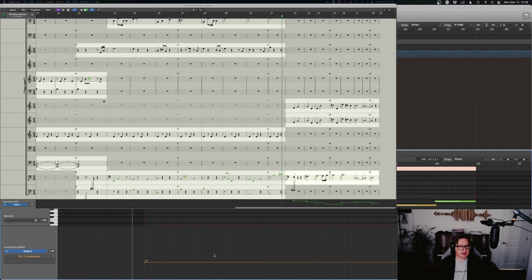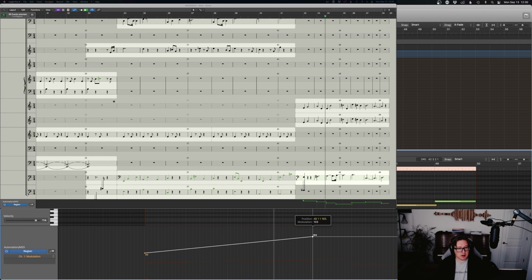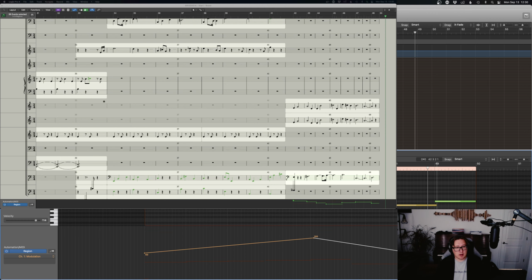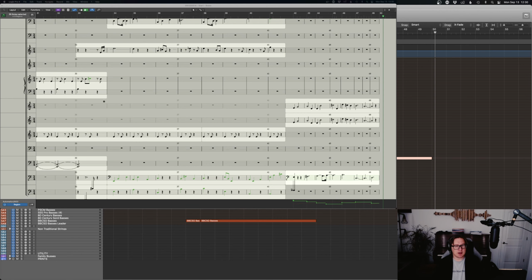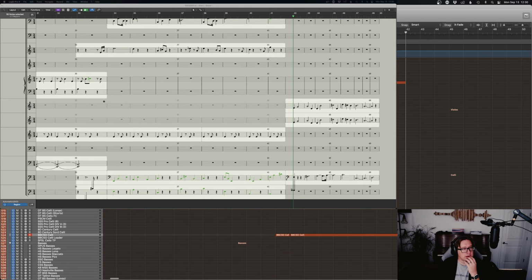Okay. So we definitely want this to do the same kind of dynamic curve. Let's maybe do a little like that. And we are going to change it a measure late, I think. I think we really want to do that. Cool. Let's do some violas. I think with the violas we want a little bit more movement. I don't want them just on chord notes. I want them to be going like